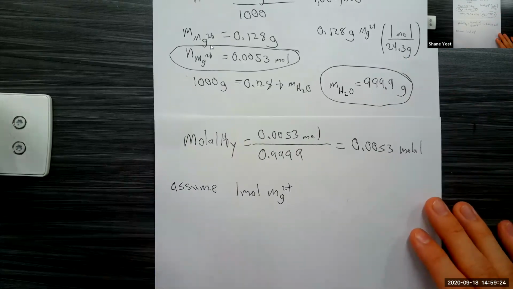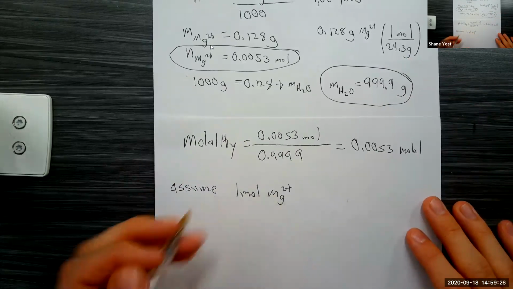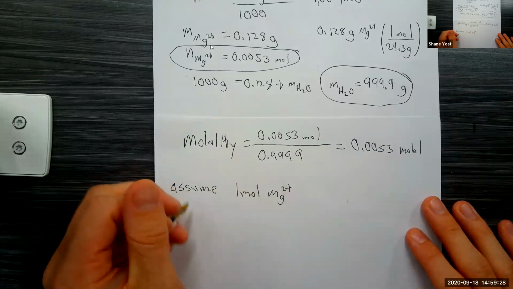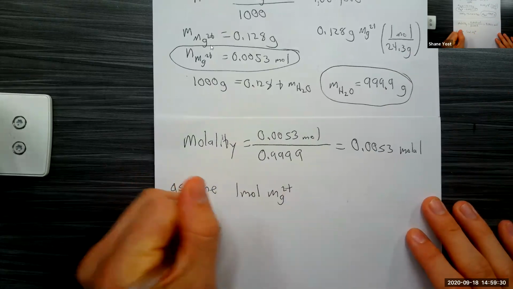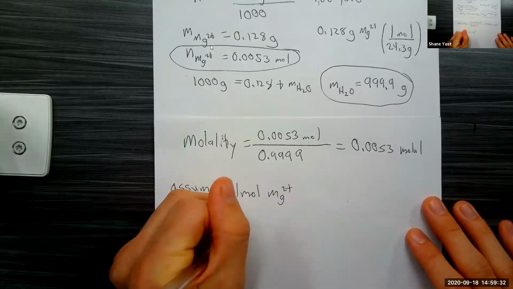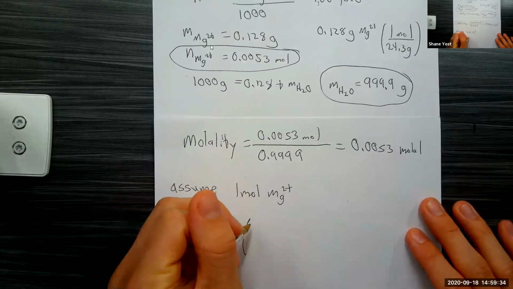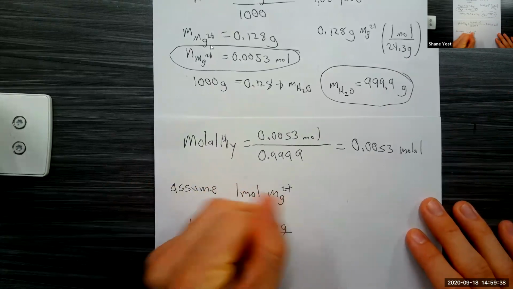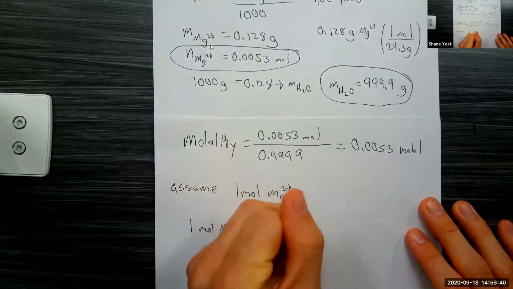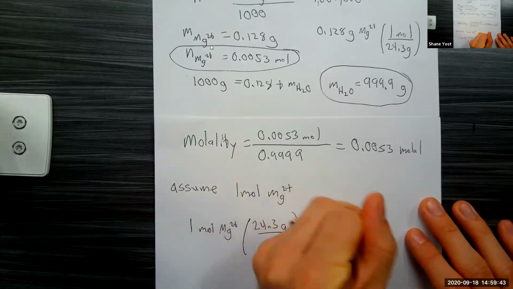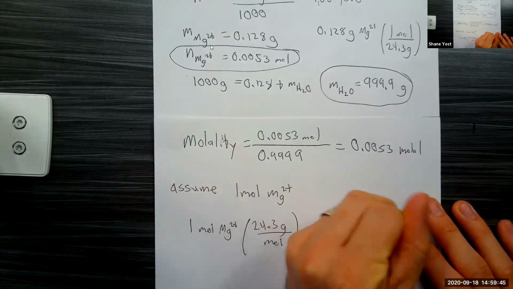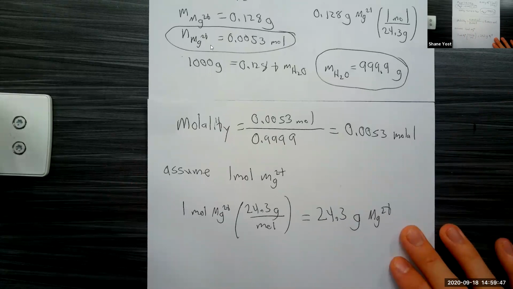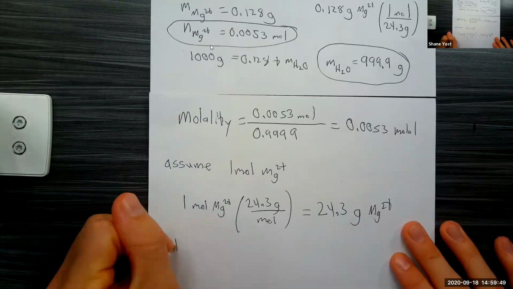So, and to use that, I've got to find the mass of magnesium, right? So I'm going to first convert the moles of magnesium to mass. So 1 mole Mg2+ times the molar mass, which we said was 24.3 grams per mole, and I get 24.3 grams Mg2+, okay? I plug that into my expression for my parts per million, 128